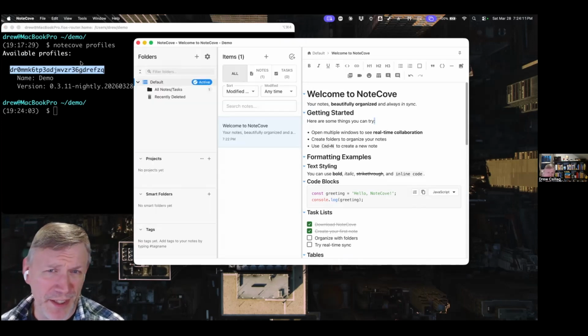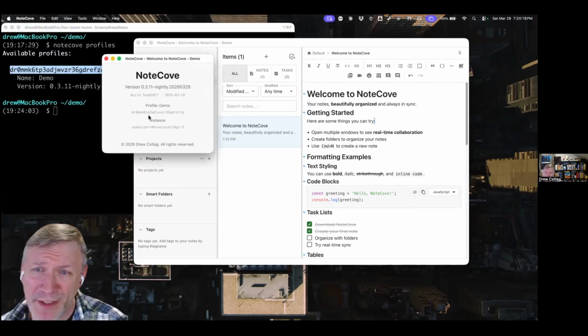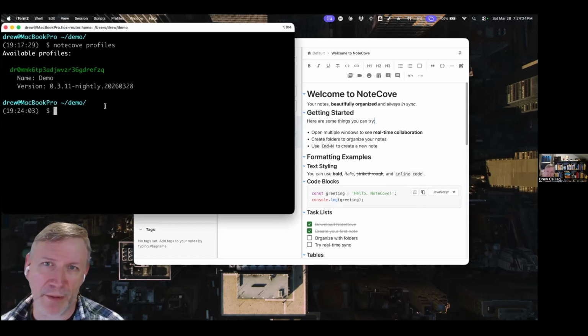Anyway, so you can either do it by the list. In this case, we've only got one running, but sometimes there's more than one NoteCove running. There could be, depending upon what you want to do. If you're not sure, you can just hit the About menu. It's right there. It's the same thing. Your choice. So anyway, we do NoteCove